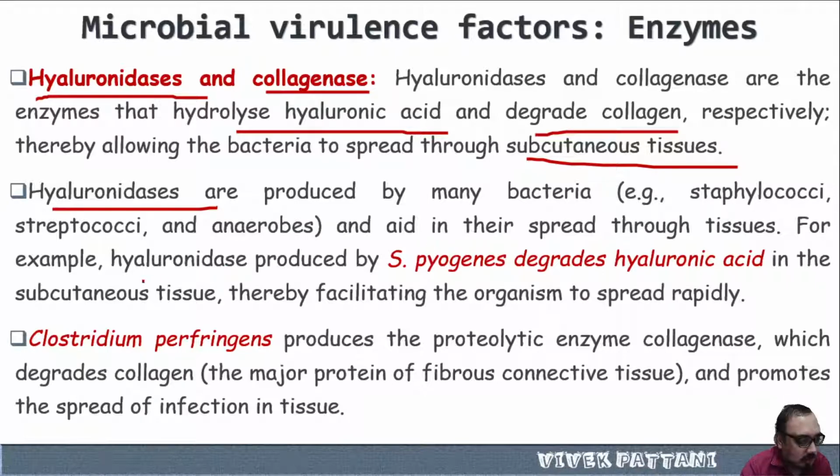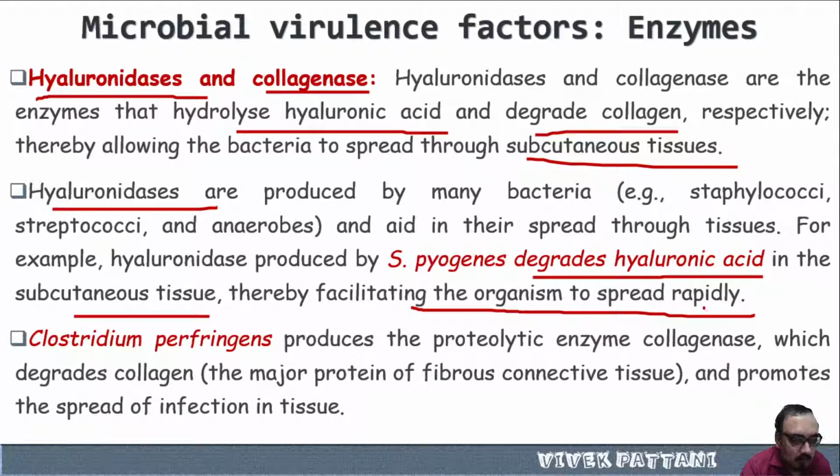For example, hyaluronidase produced by Streptococcus pyogenes degrades the hyaluronic acid in the subcutaneous tissues, thereby facilitating the organism to spread rapidly. Another example is Clostridium perfringens, which produces a proteolytic enzyme collagenase and which basically